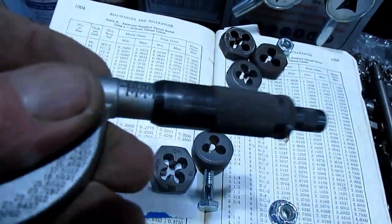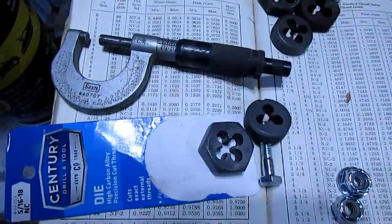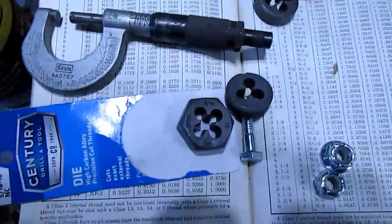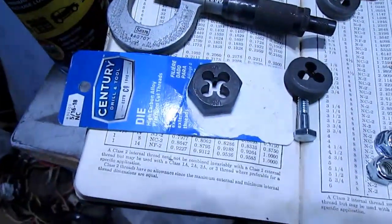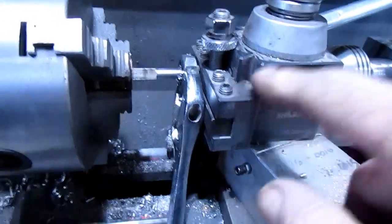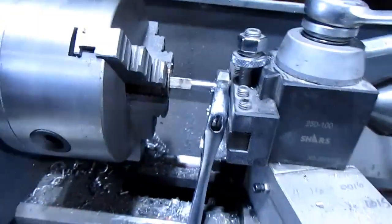About 14, 145. So that's just a little bigger than the major diameter minimum. So I'm going to try to put this die on here. I should be able to cut myself some pretty good threads. Well, I set this thing up flush with the face of the chuck,